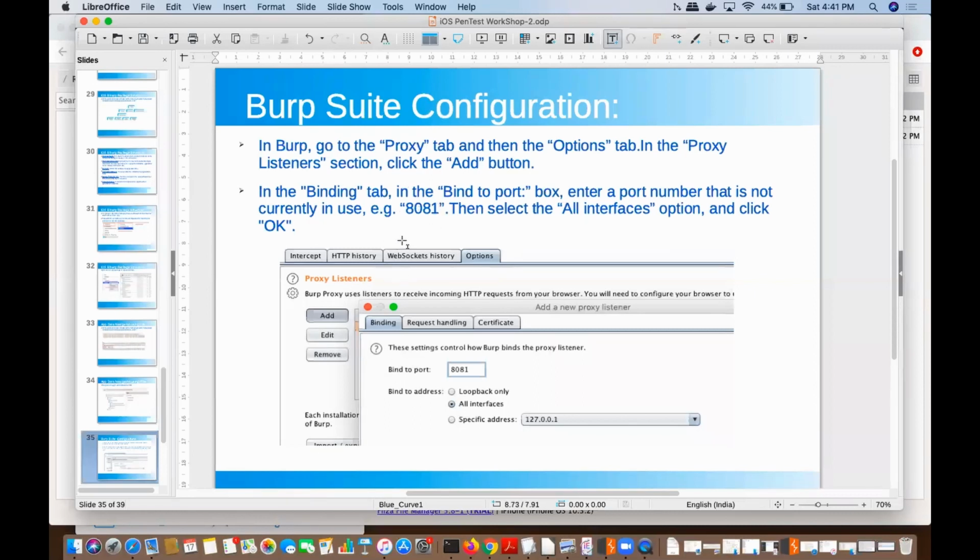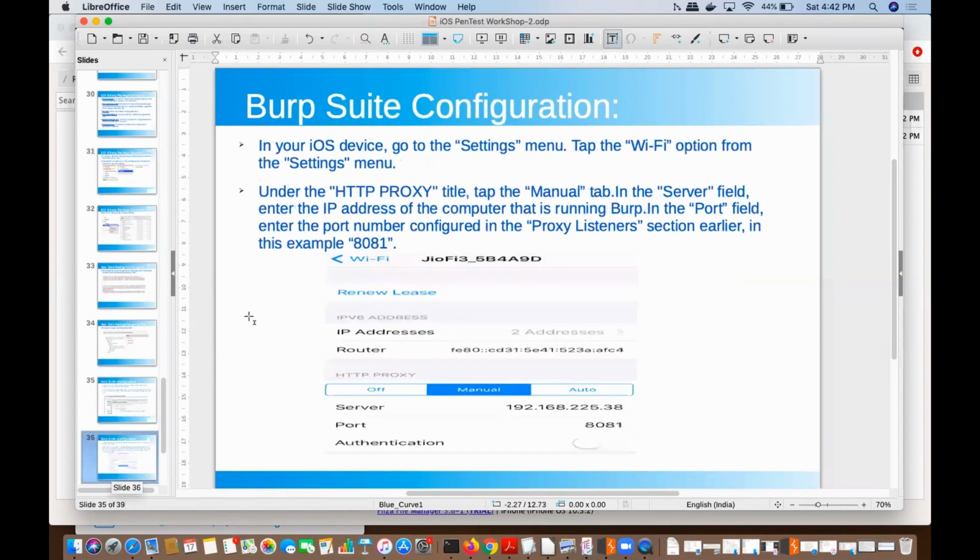So basically, you all know, I think you all are pen testers. You need to just open the Burp Suite proxy and click on the options tab, and then click on the add button to add the port, right? So you can add the port here, and once the port is added, the next thing is to check the IP address